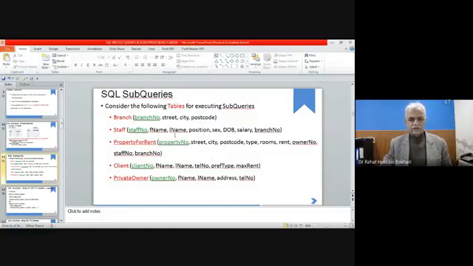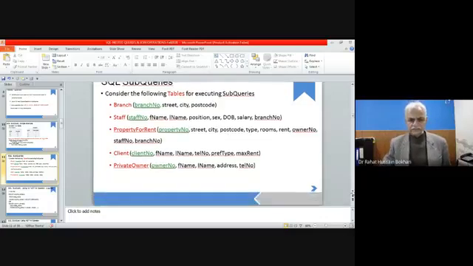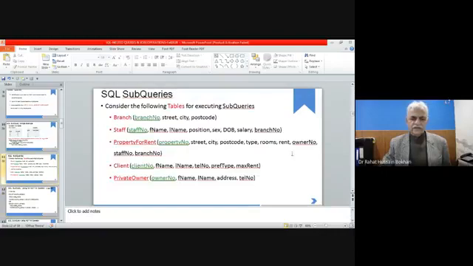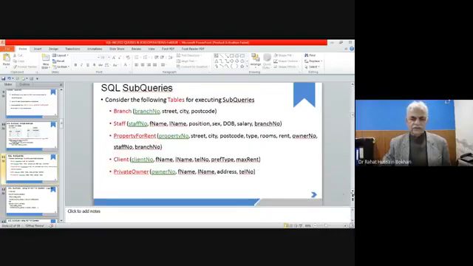These are the columns of those, and we will consider these tables in the next subqueries. You are advised to prepare these tables in the lab, and after that you have to run these queries I am discussing in your lecture.